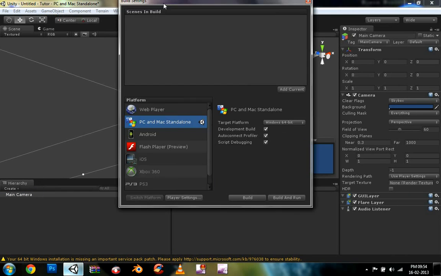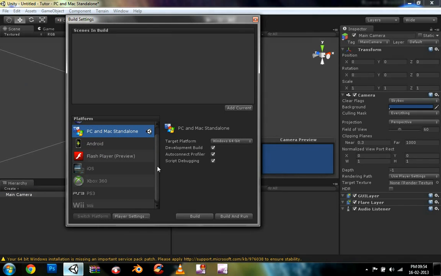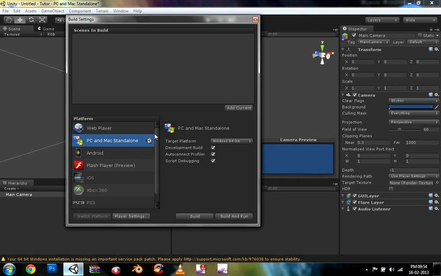Then there are many options, like in File, hit Build Settings. Now here we are generally making the game for PC and Mac, so we are going to hit the platform for PC. Just go to PC and Mac and set your target. If you are using Windows 32-bit, just click Windows. If you are using Windows 64-bit, click it.